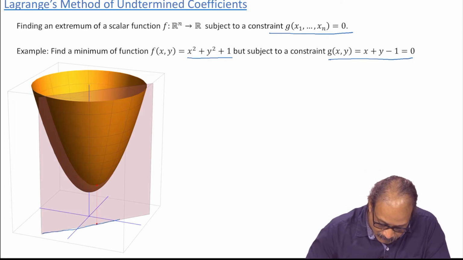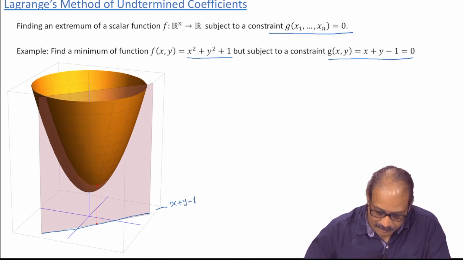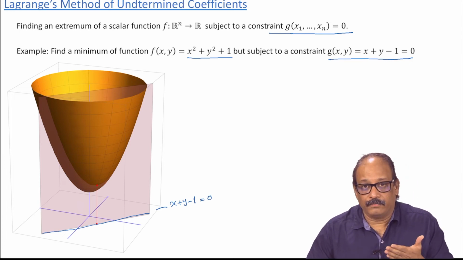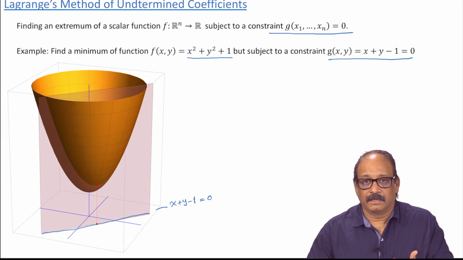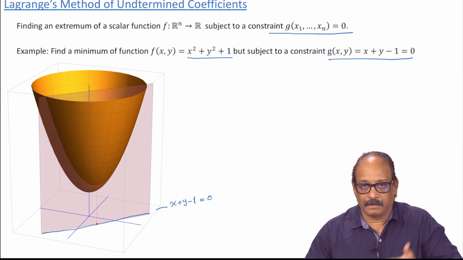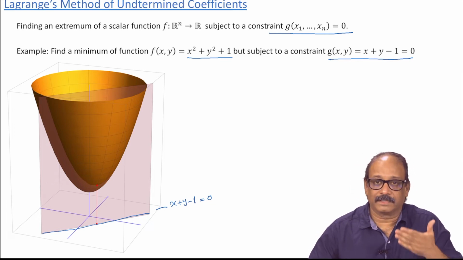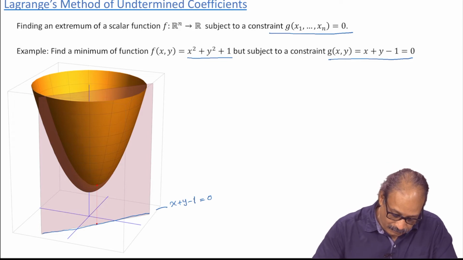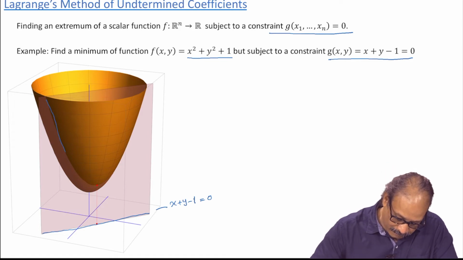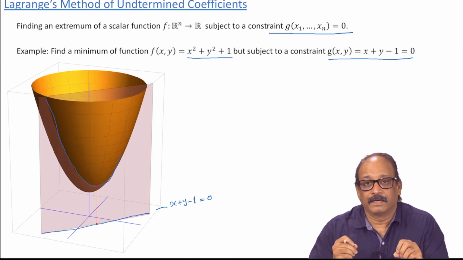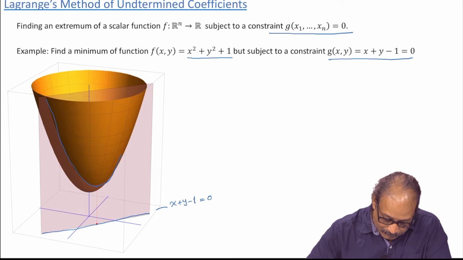So, this is your x plus y minus 1 is equal to 0 line, and now we have a restriction of the function on this line, which I will show by drawing a vertical plane over this line, and wherever this plane cuts your original graph, this is where you have a restriction. Okay. And in this restriction, where is the minimum is a question, and in fact that minimum happens to be